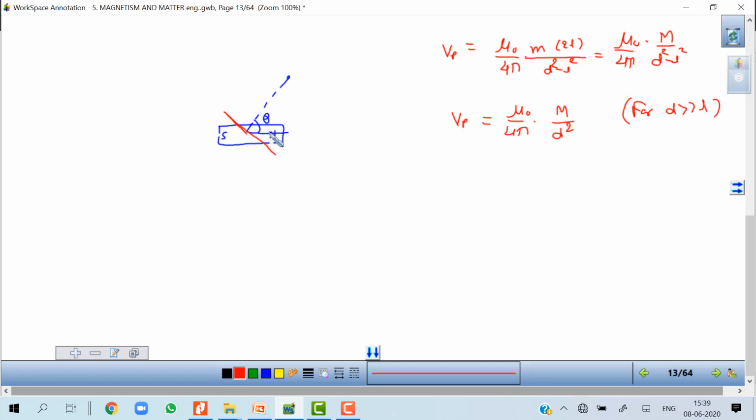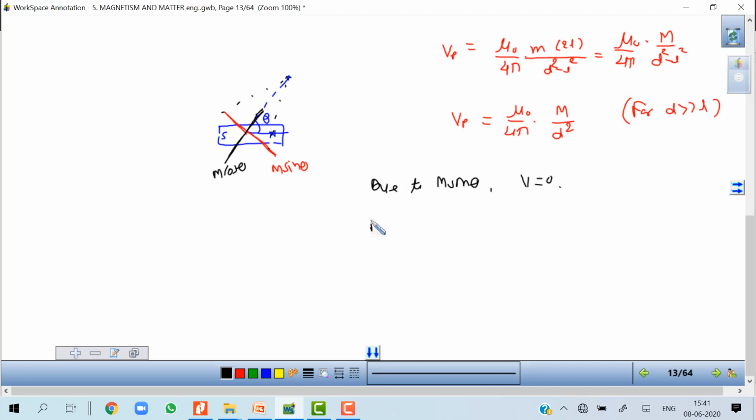So this will be my m sin theta and this is my m cos theta, m cos theta, right? So because of m sin theta, the potential is 0, as the point is at equal distance from both the sides. So due to m sin theta, V is equal to 0, and due to